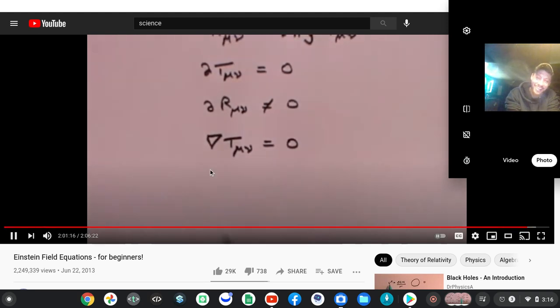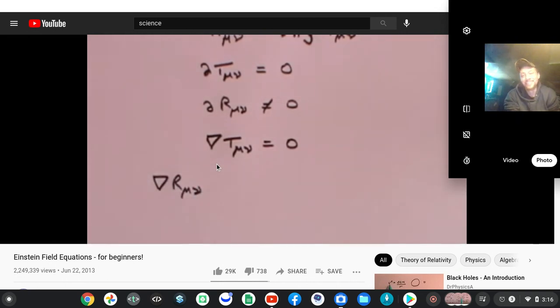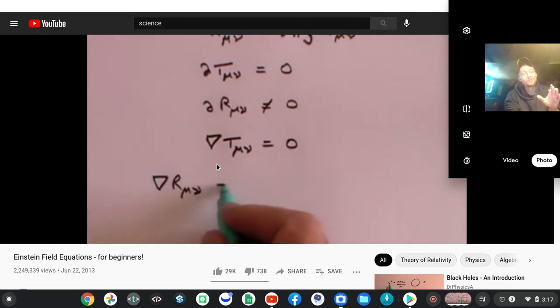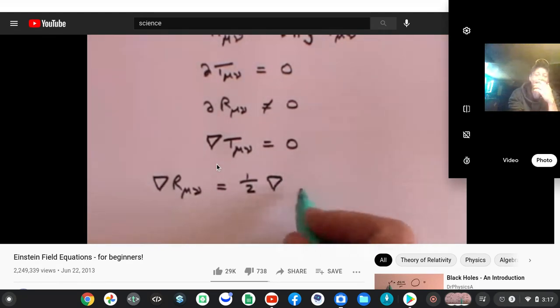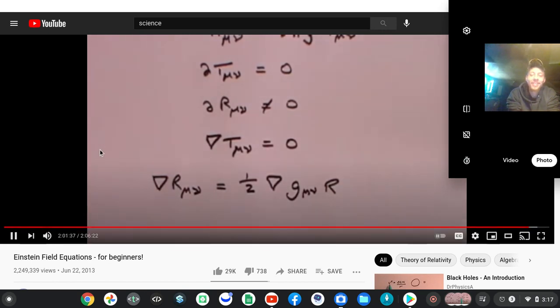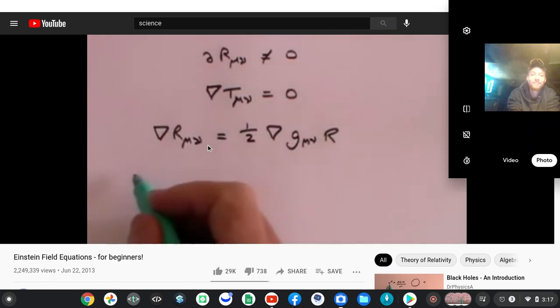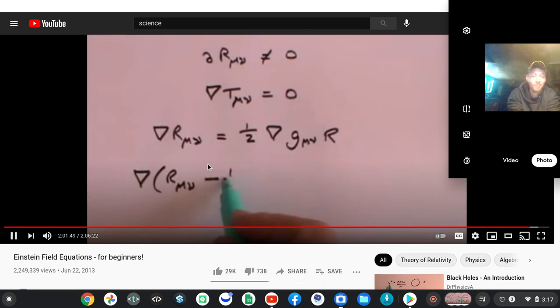Now, what Einstein actually found was that the covariant derivative of the Ricci tensor was not 0. It was actually 1/2 times the covariant derivative of the metric tensor times the curvature scalar, which we spoke about earlier. If you've got an equation like that, you can bring everything to one side, and essentially you get that the covariant derivative of the Ricci tensor minus a half